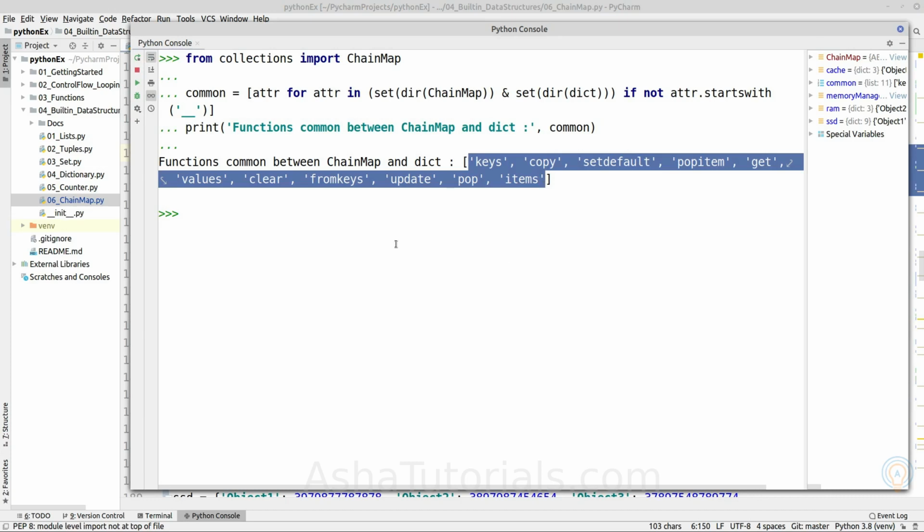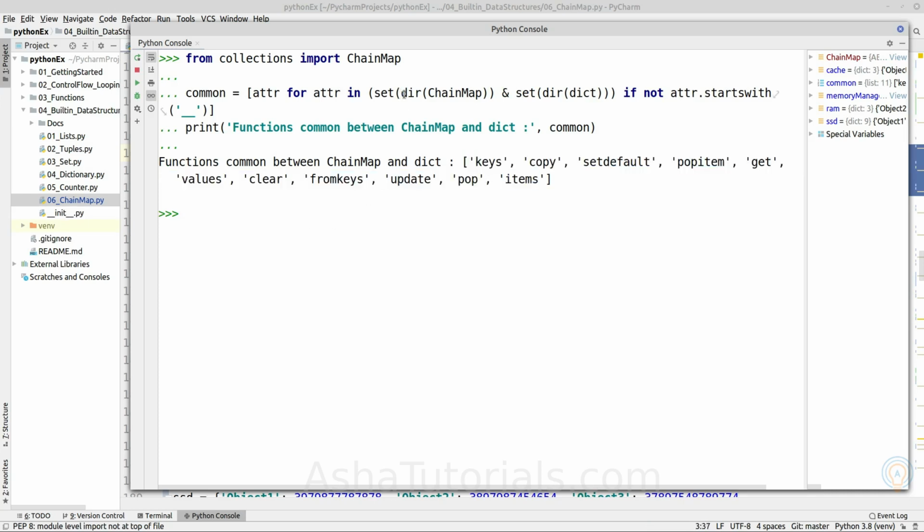So all these methods have the same semantics and meaning for chain map, but the only difference is it will only take effect on the first mapping, as we saw for updating a chain map. So any modification, insert, update, delete, only modifies the first mapping. Okay, so we will see some examples of these methods. If you also take a look at all the methods of chain map,